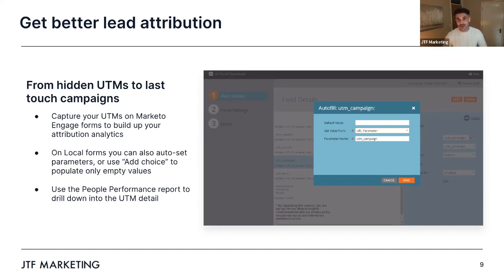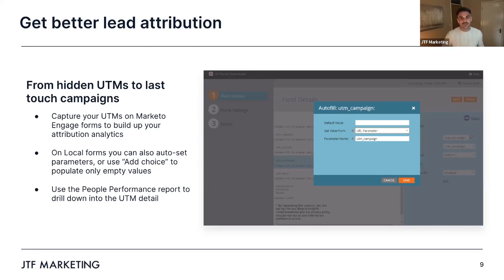So for example, if I was to click through from a LinkedIn advertisement to a web page about one of our webinars, and then I fill out a form, so long as the UTM parameters have been appended to that URL, we would be able to push that information into our database, and then we'll have that UTM information. So that's all well and great, but